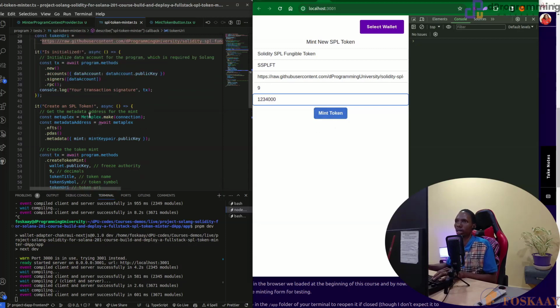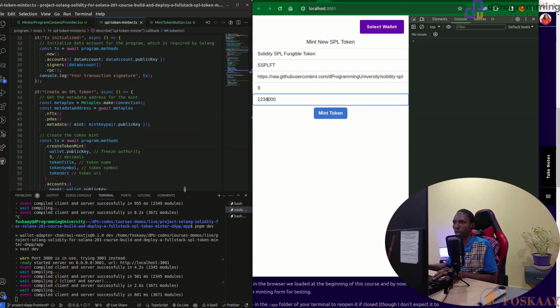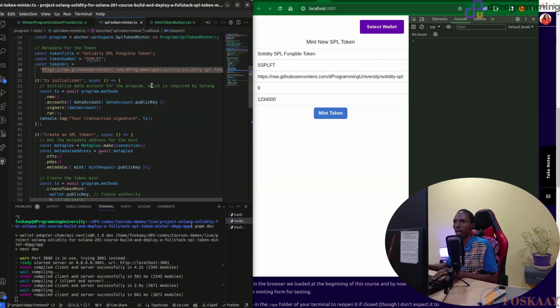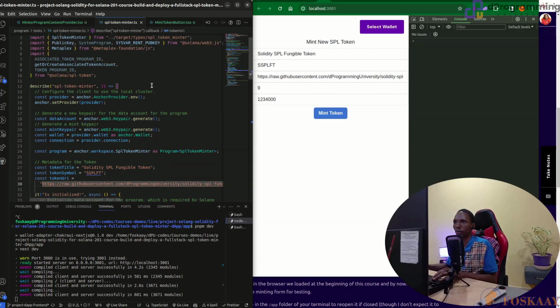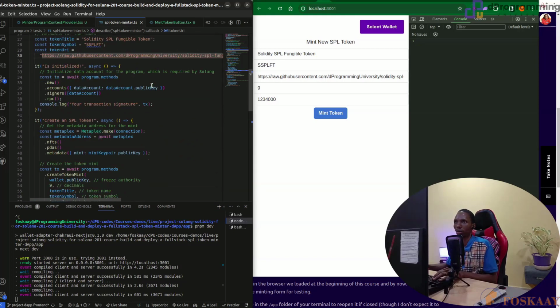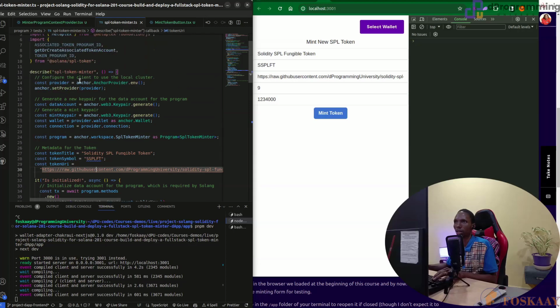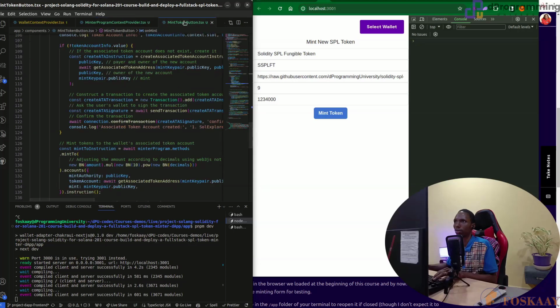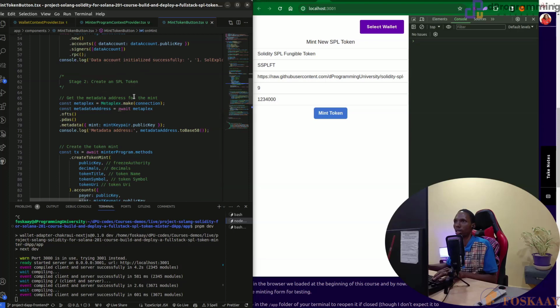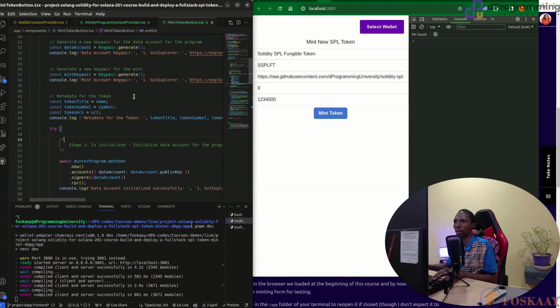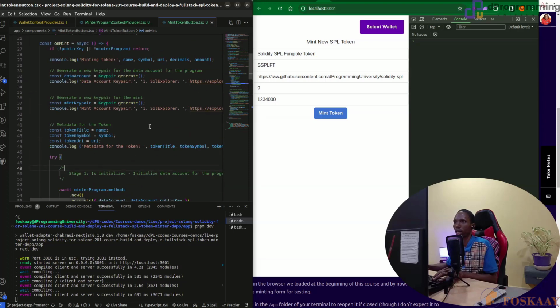Then you click. Once you click, you begin to trigger each of these step by step, which first checks all this. You first check, create data account, initialize mint. So let's see it. We click mint,